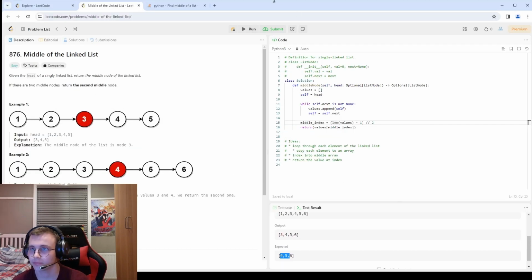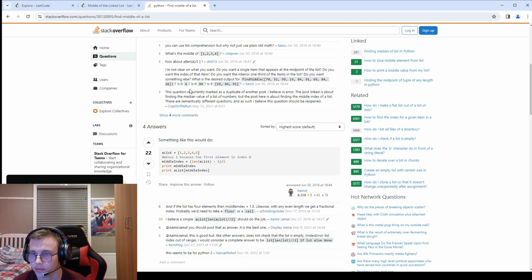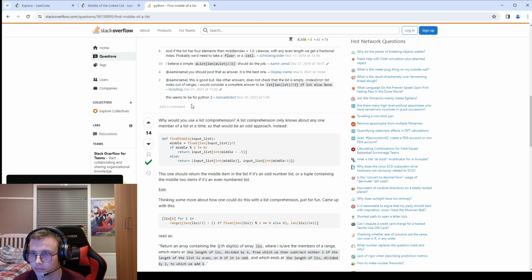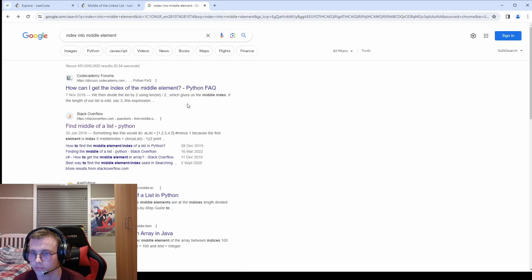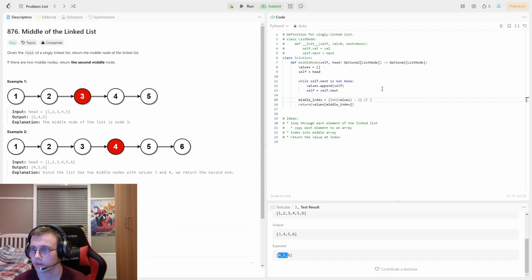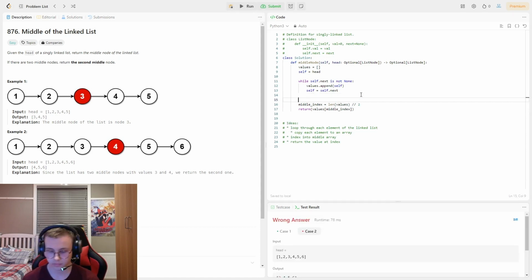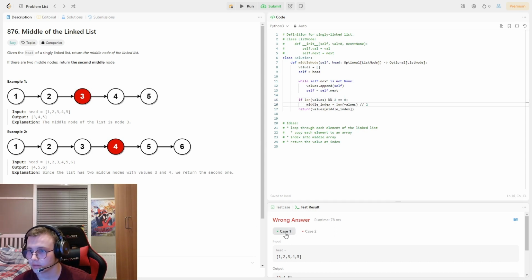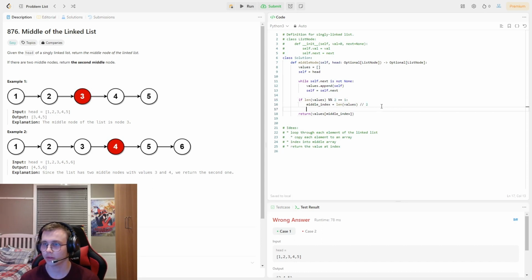If I got this wrong, length of this divided by 2. Let's try a different approach. I think I'm overthinking this. If the length of values is divisible by 2, then this is true as 1, 2, 3, 4, 5, or if it's odd, then do this. 1, 2, 3, 4, 5, yes. Else,